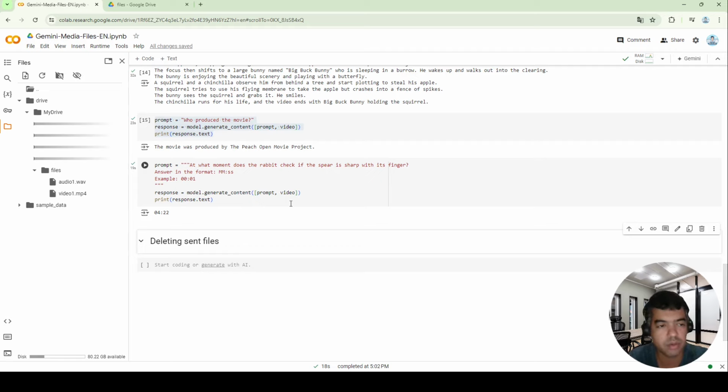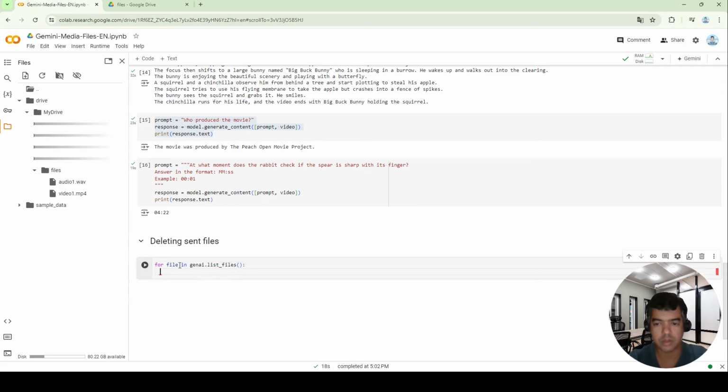Finally, let's see how to delete the uploaded files from our examples. for file in genai.list_files, genai.delete_file, send file.name as the parameter, and print the file name file was deleted successfully.